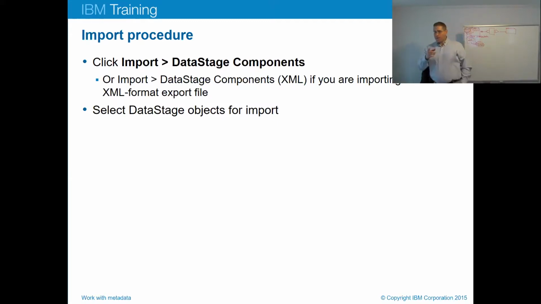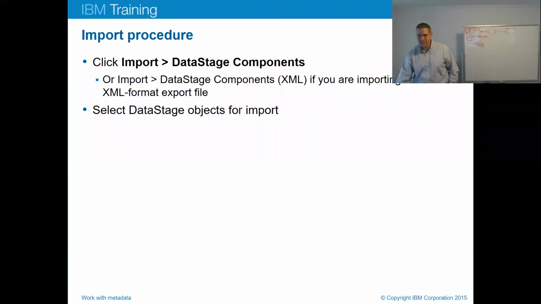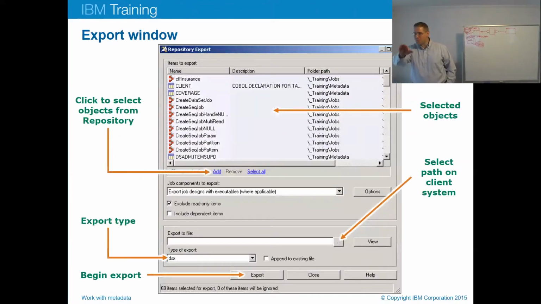When they talk about doing the import, they show you screenshots that look like this. We select a file, DSX, import all, and that's the end of it. However, it's important to understand that you don't have to import everything. Where they show the import all, if you were to choose import selected, just go back for a moment, the list at least looks fairly similar to what you see here. And the reason I point that out is because